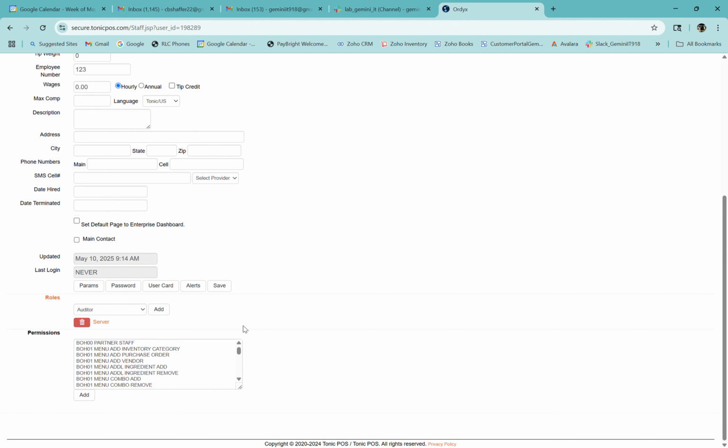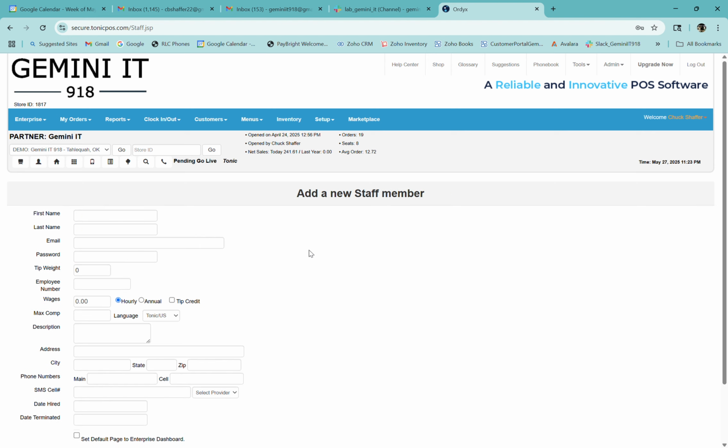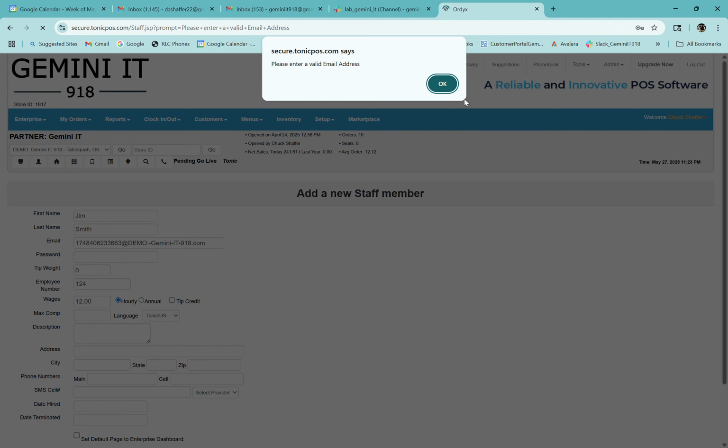So we're going to come in and click plus. Let's say I'm going to add a new staff member. They're going to be a server, and the name is Jim Smith. So Jim Smith, again, you can skip the email. Don't put anything in password. Don't confuse password with employee number. And let's say their employee number is 124. And let's say we pay this person $12 an hour. That's really all I have to put in there. I can put in other things for reference if I want, but first name, last name, employee number, pay rate's important, and then I'm going to hit save, and that opens up